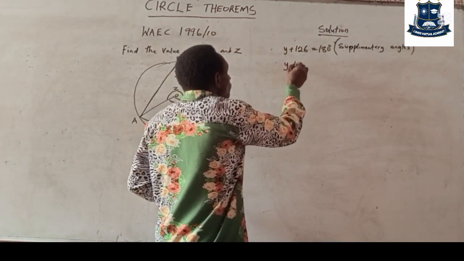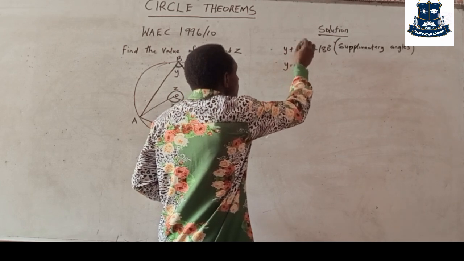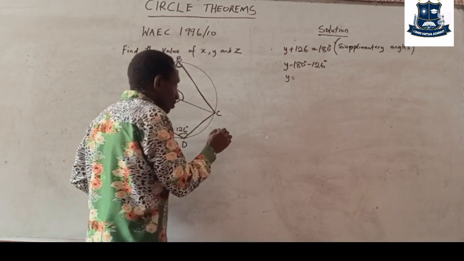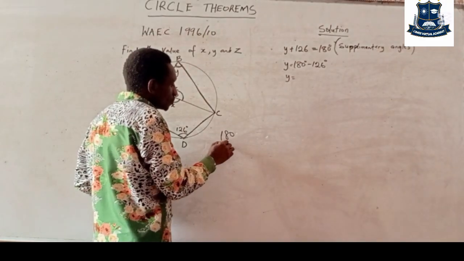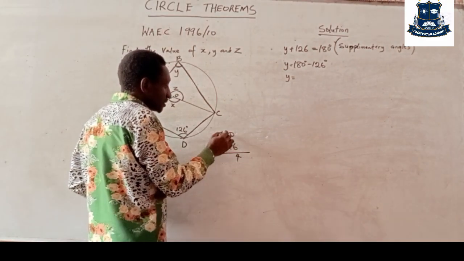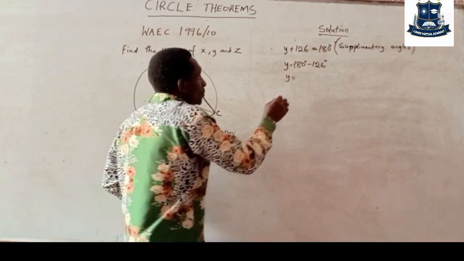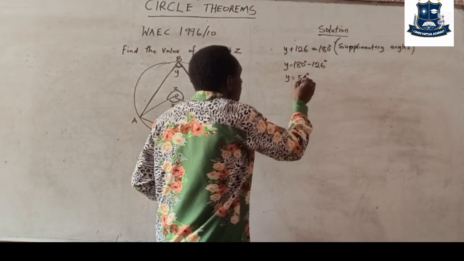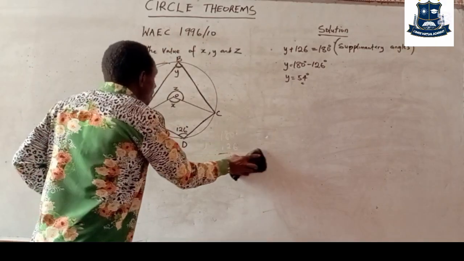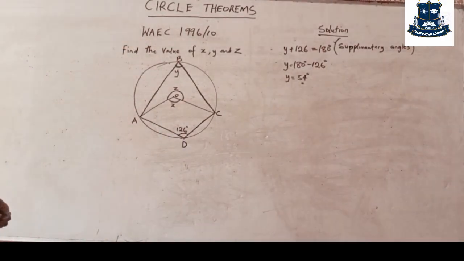So I can say y equals 180 degrees, this goes over, you have 126. So I have y is equal to 180 minus 126. Take 1 here, put here 10, that is 4. This is 7 minus that is 5. So I have 54 degrees. That's my y. I found y. Now I found y, now I can find